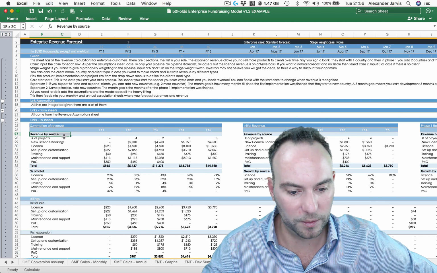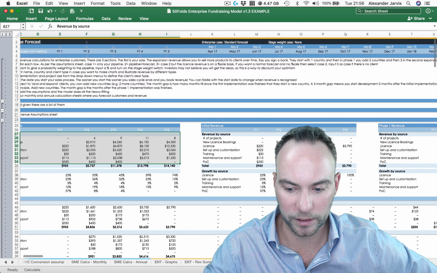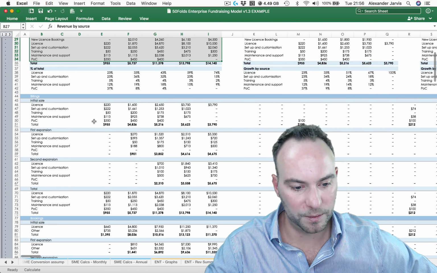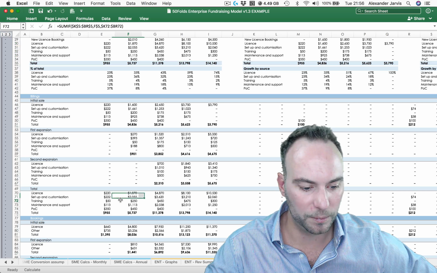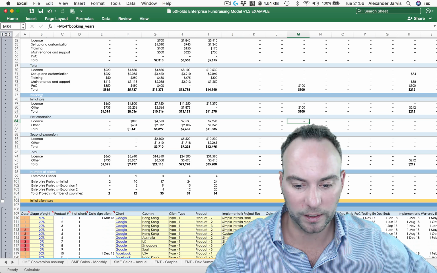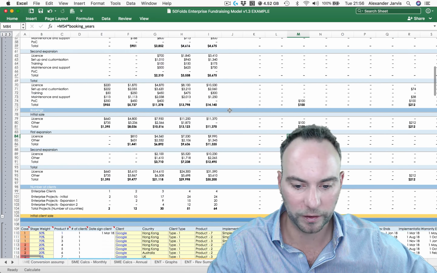Your revenue is coming from how many projects, from what sources, what percentages are revenue, phase 1, phase 2 of expansion. And then similar stuff we saw on the last sheet, your billings, your bookings. And I put this here basically so you can be putting in your assumptions and then be fiddling around and figuring out what's happening here.